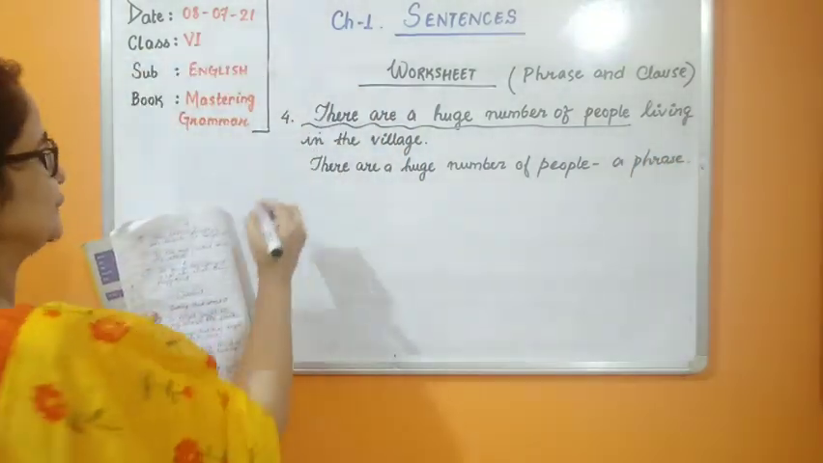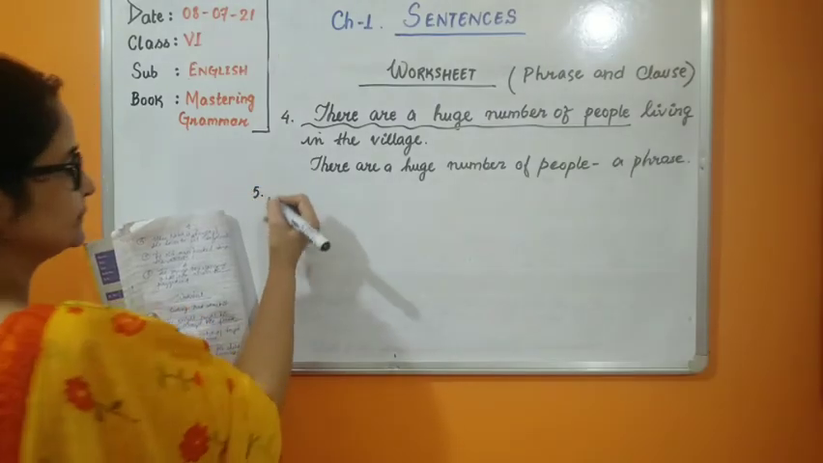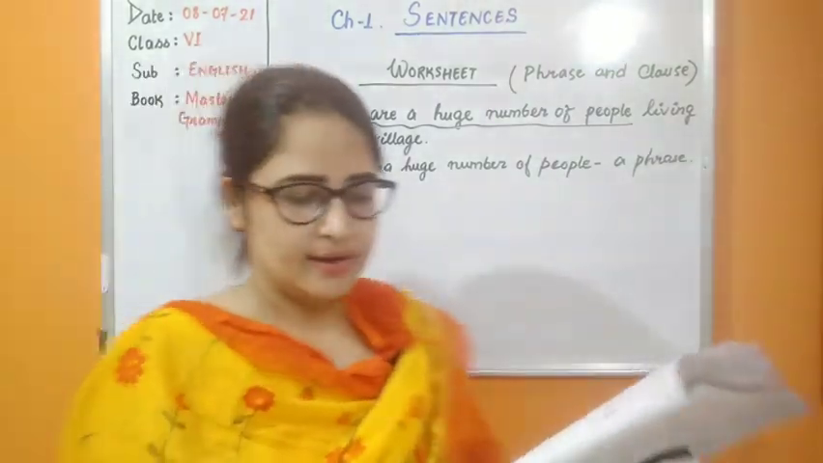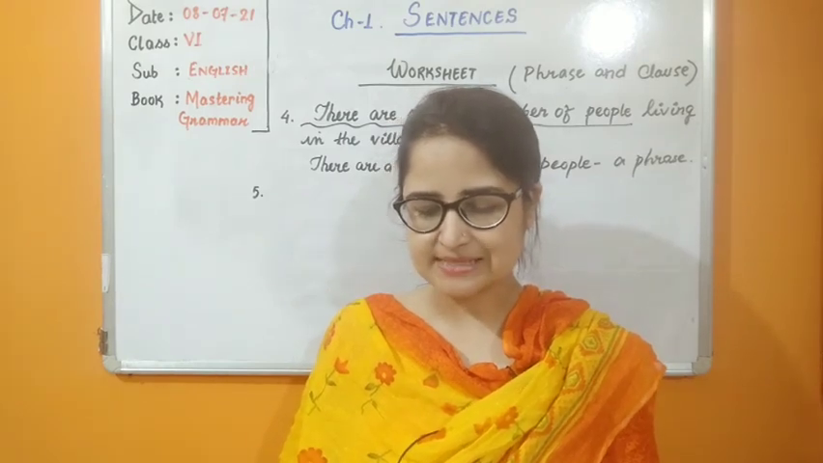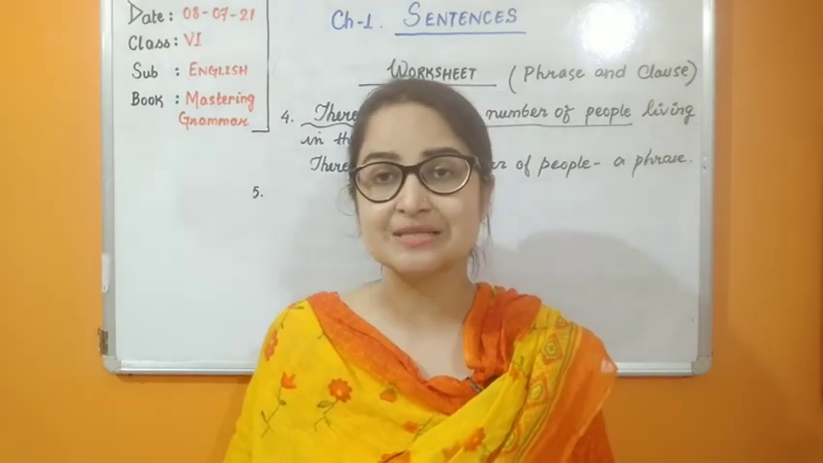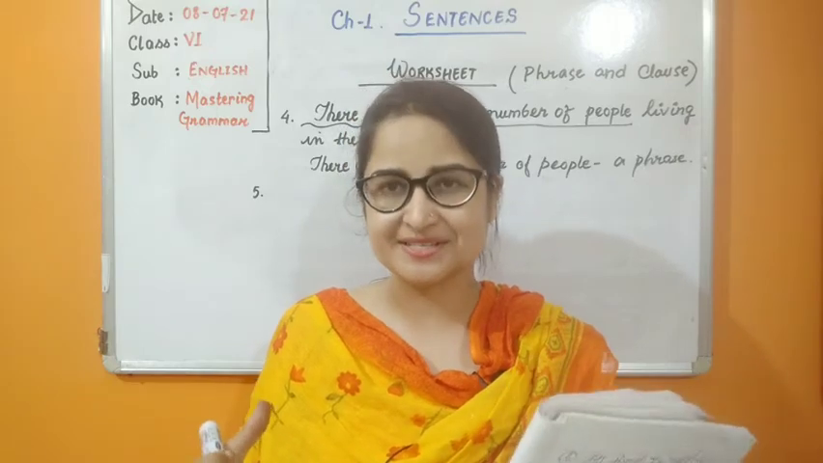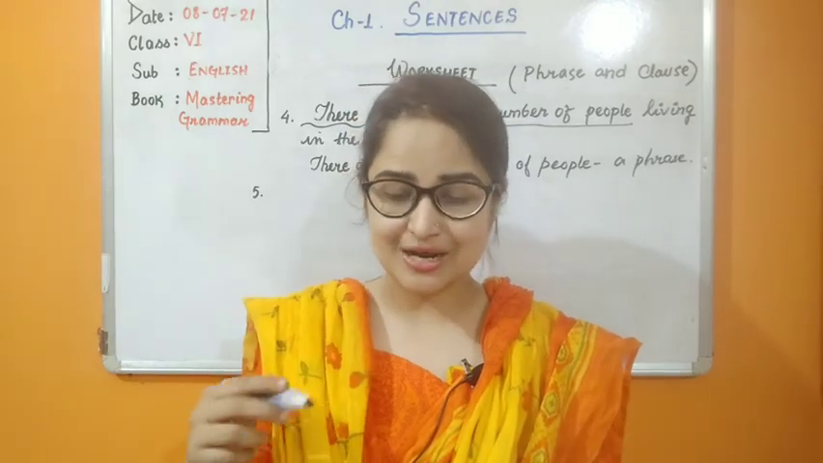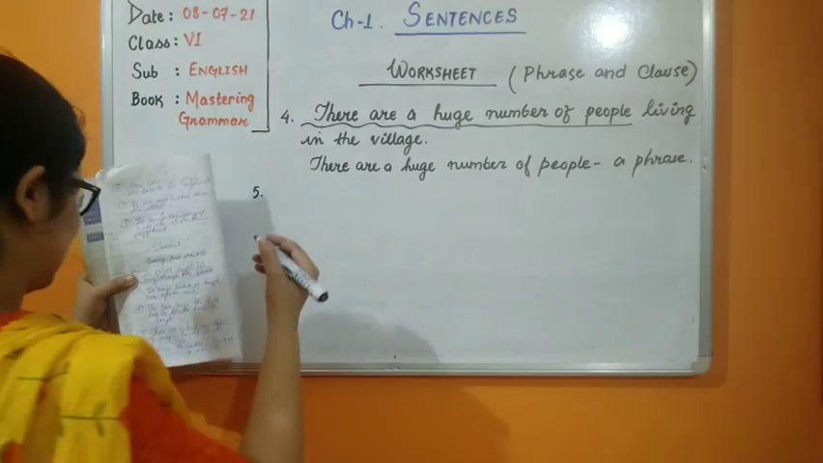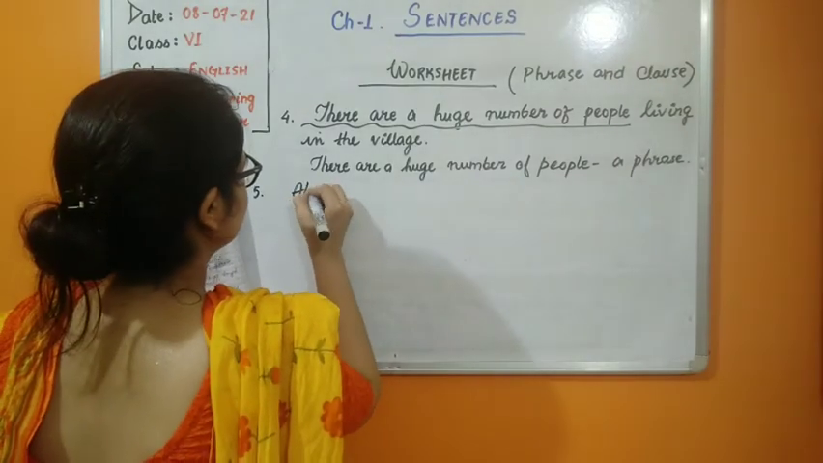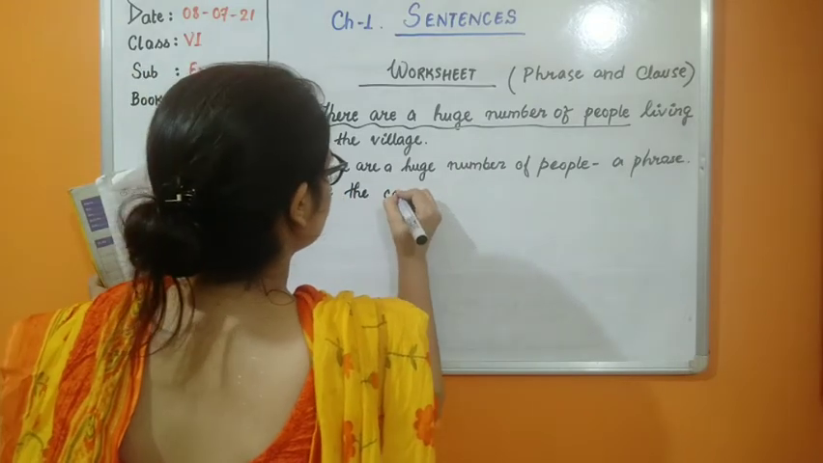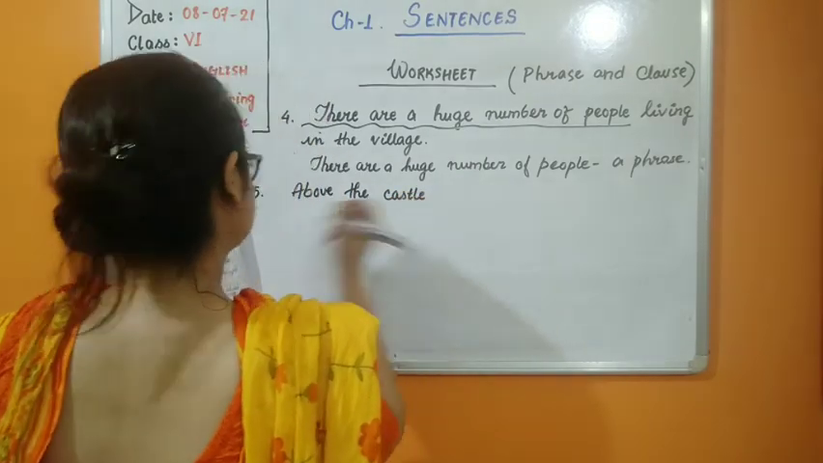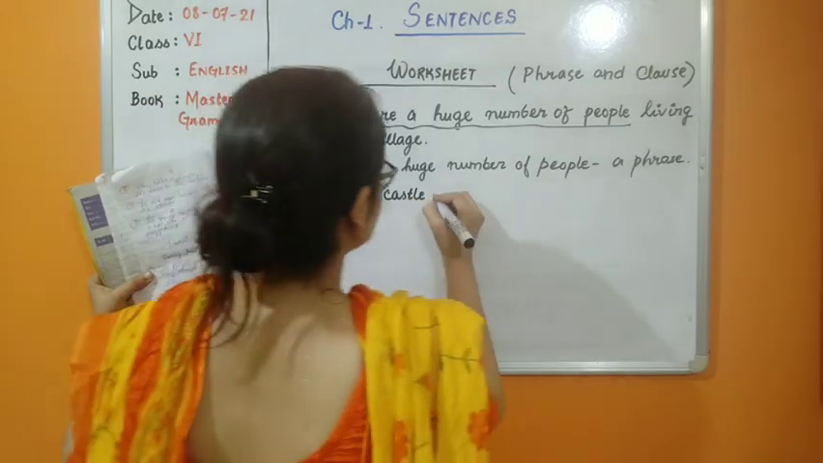Okay, now moving to number 5. Above the castle lurked a menacing monster. Lurked means to look hideously. So let's see which is the underlined group of words here. Above the castle lurked a